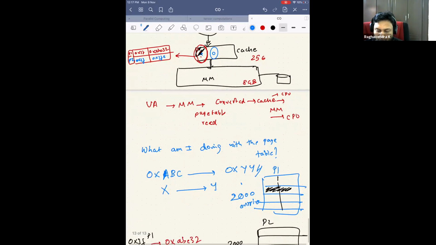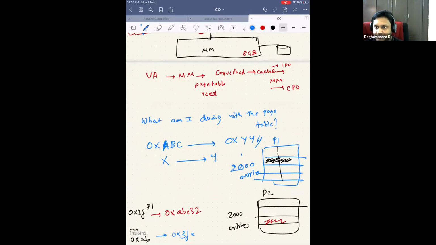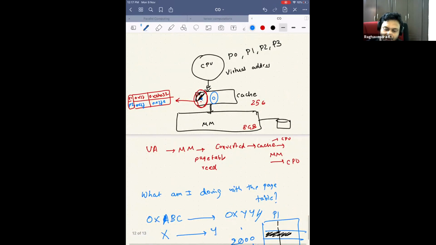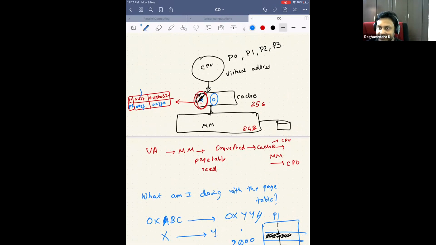Now I already know that because of temporal locality, and also because of spatial locality, since the page size is very high, there's a very high chance that this translation might be needed again, right? Then when I come here, I already hit it in the cache. I get the translation, look it up in the cache, and go back. Now we are getting the 0xABE32. This is our physical address.